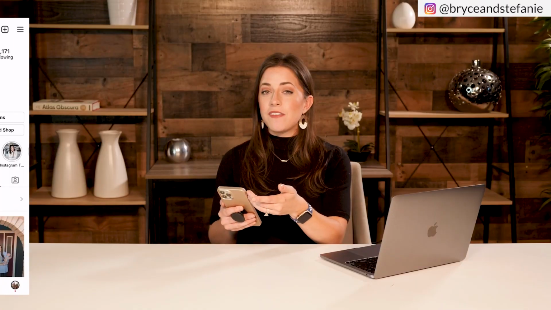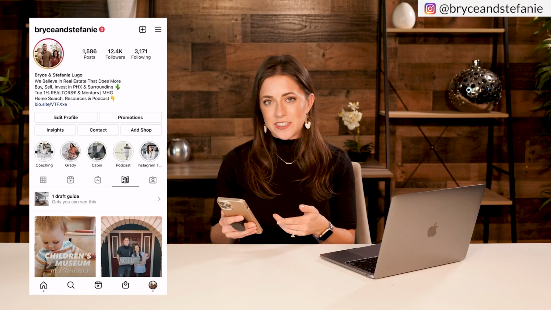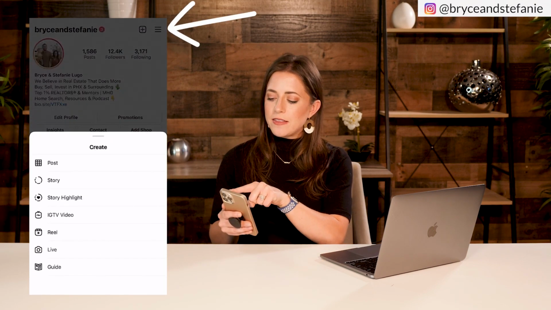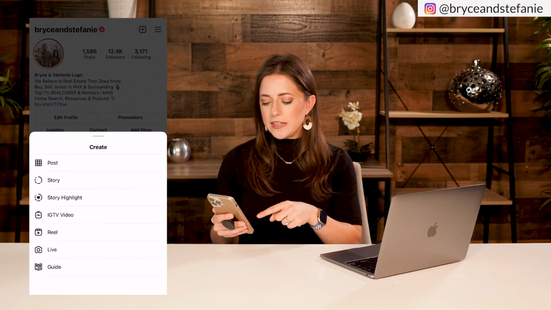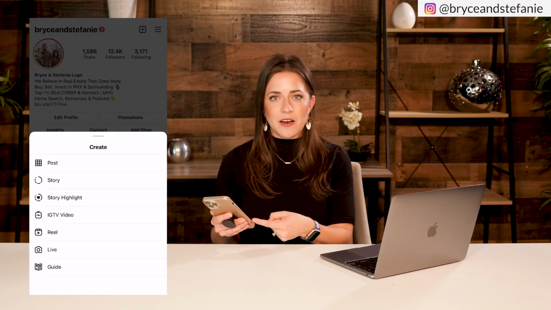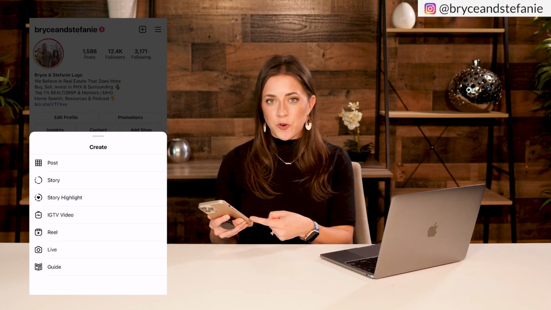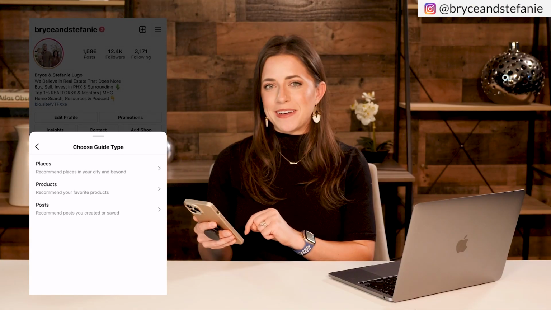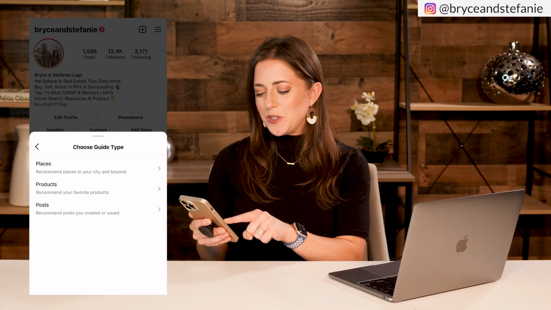So here's what this is going to look like from your account. If you have a creator account, as I do on Instagram, this is how we're going to create a guide. You're going to hit this little plus sign at the top of your account, and it's going to give you all these different options of the different types of content you can create on Instagram. You're going to select guide. It's all the way down at the bottom, last but not least, and you are going to choose the guide